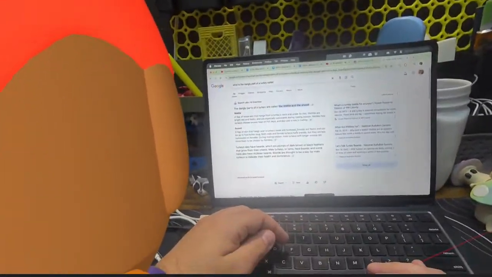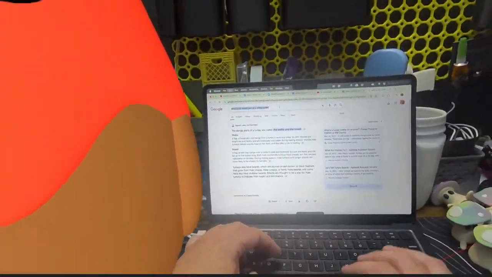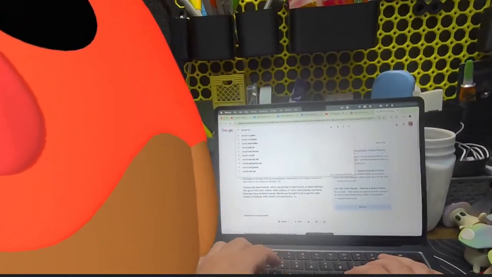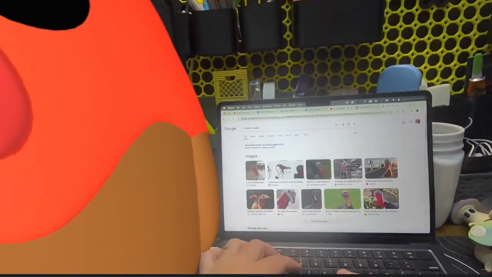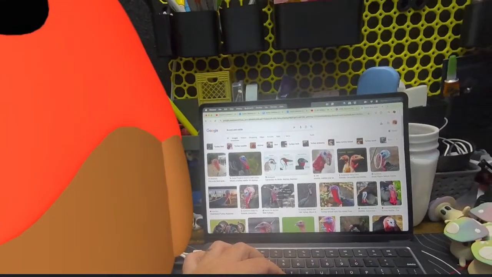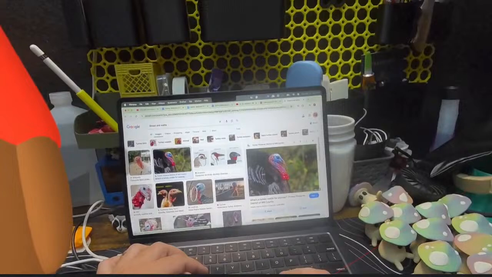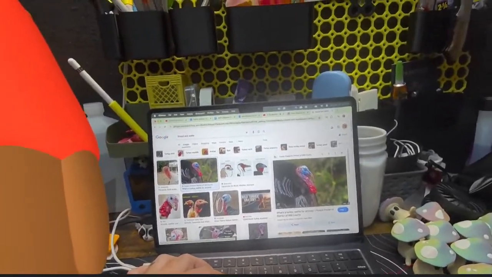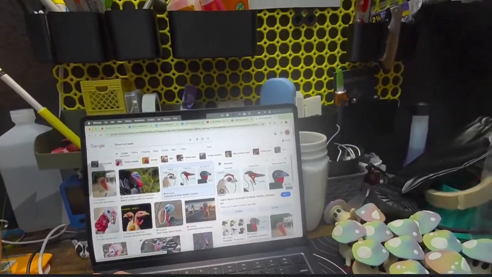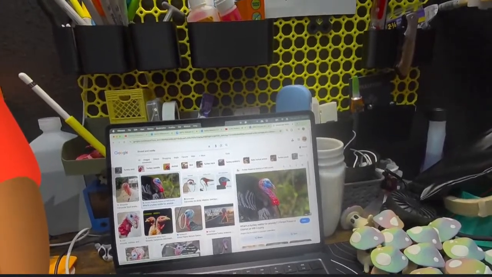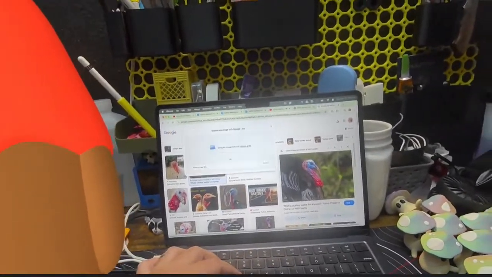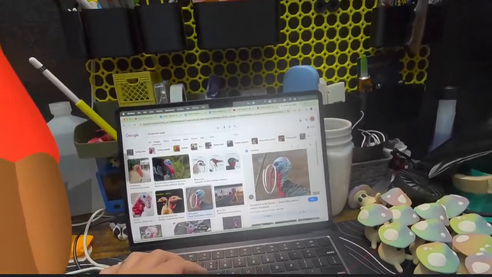So this is the snood. Let's look up snood versus wattle. Okay, diagram. It looks like this is the wattle and this is the snood. So what we're working with here is the snood.